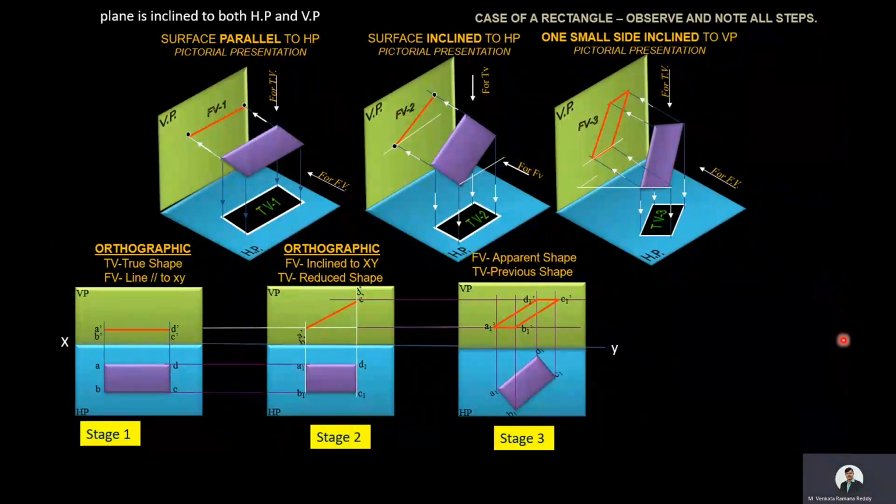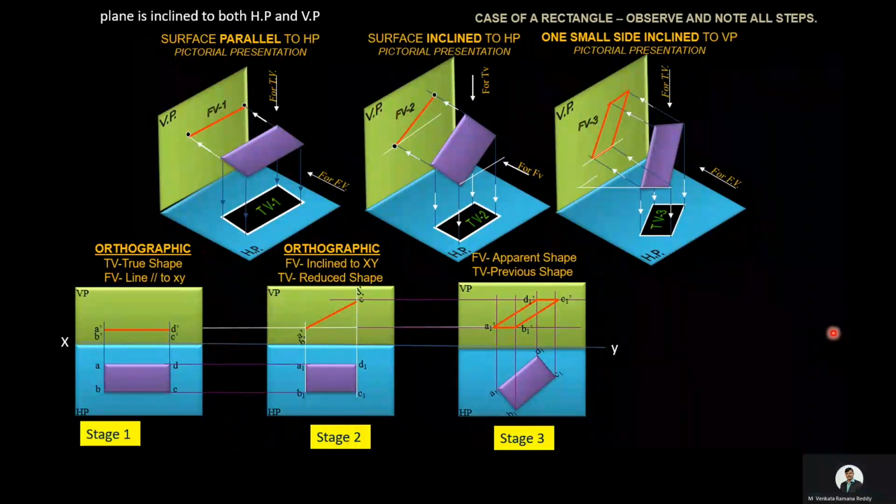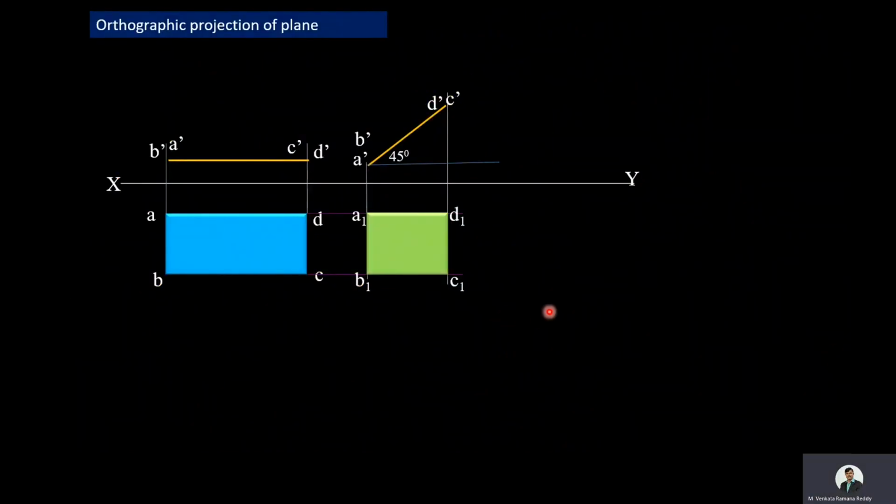Now we'll draw orthographic projections for this third stage solution. This is the solution related to the second stage. In the case of the second stage, the rectangle plane is standing on its shorter side, which is 20 mm above HP, and its surface is making an angle of 45 degrees to the HP, and the surface is perpendicular to the VP. Then we got a top view image like this. This top view image is smaller than the true image of the plane.